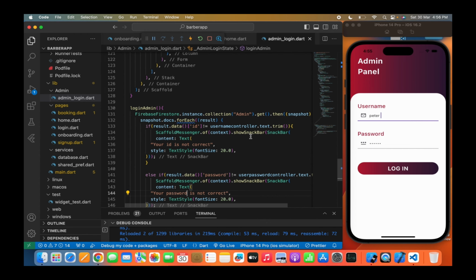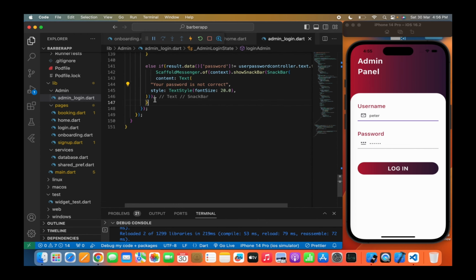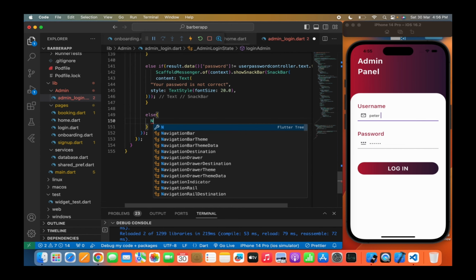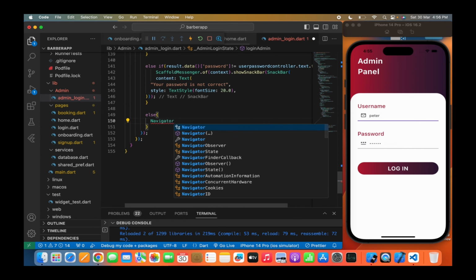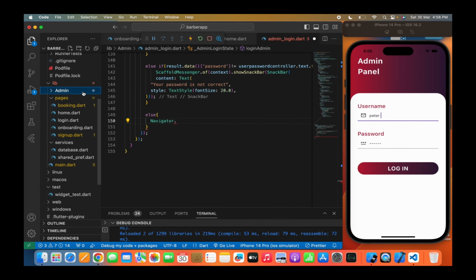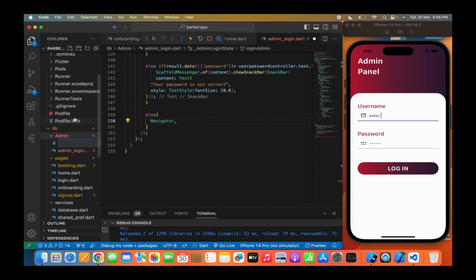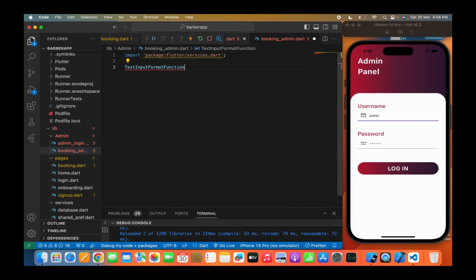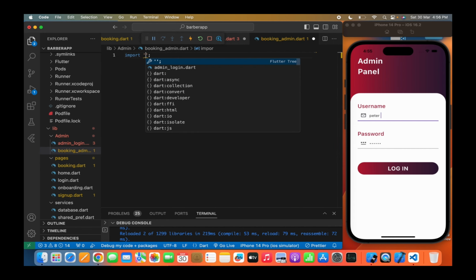I think we are missing some case. Yeah, like if both are correct, then we need to push the user to the admin panel. So here I am going to create a new file named booking admin dot dart. In this dart file we are going to show all the bookings that the users have booked in the booking collection. So we'll first import the package